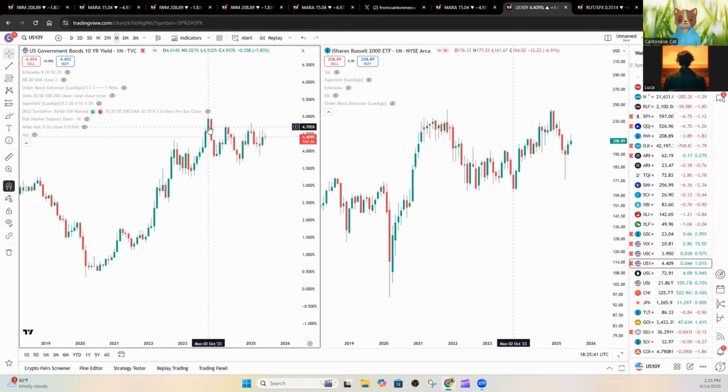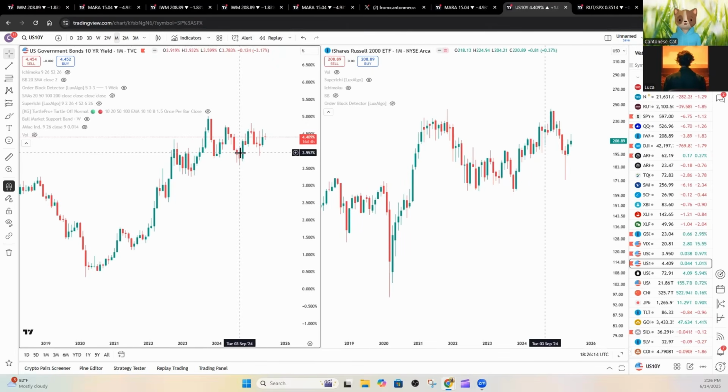The interesting thing is, even though the Fed has held rates at 5 point something percent for a very, very long time, and when they said they're going to stay higher for longer, they really meant it, yields have dropped. The peak of the yields was back in October 2023, and that coincided perfectly with the bottom of the IWM. The Fed didn't actually start cutting rates until September of 2024.